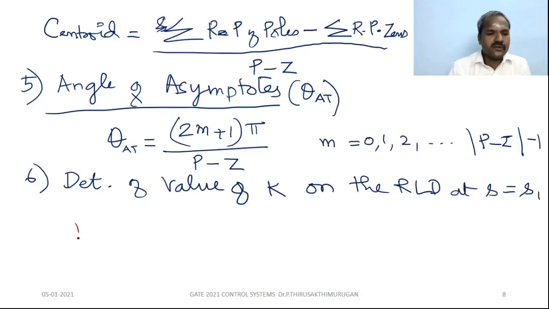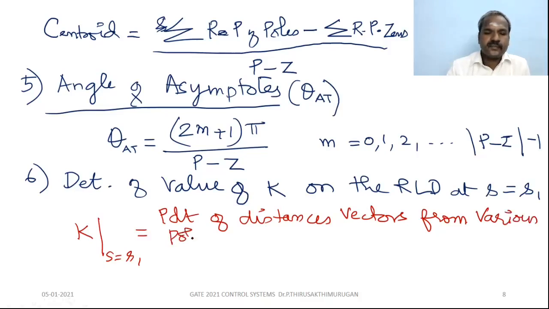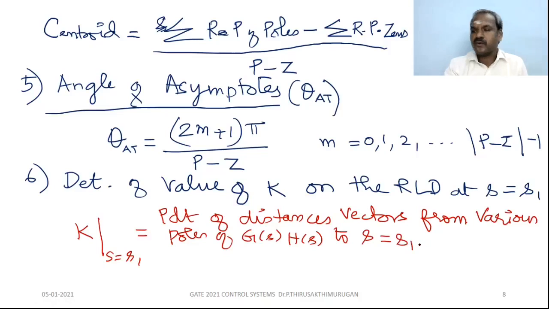K at S equal to S1 is equal to the product of distance vectors from the various poles of G(s)H(s) to S equal to S1, where we want to get the gain value, divided by